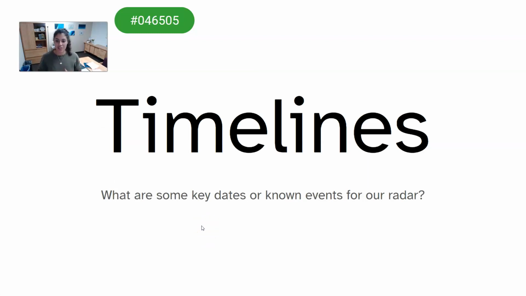Oh, yes. And so we just went over that, but timelines, key dates, known events for our radar. And my key timeline, February 1st to launch, is super important. And then registration opens in April. So that's another really big, important one. And then we start with summer registration towards the end of May. So those could be three, but go ahead and explore that advising calendar that I just showed you, and see if you can come up with any other big event on the timeline that you would want to mention and then pitch back to me if I were your client.